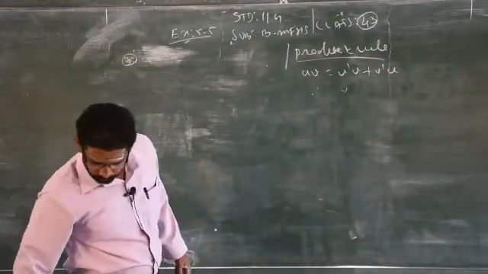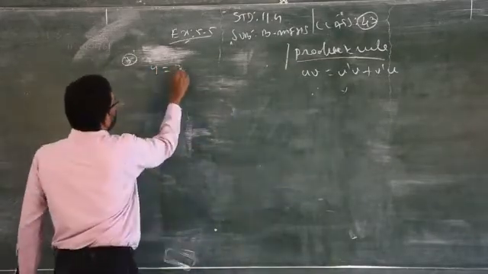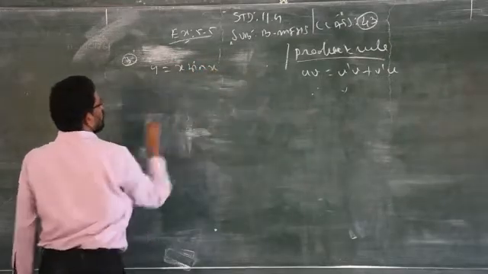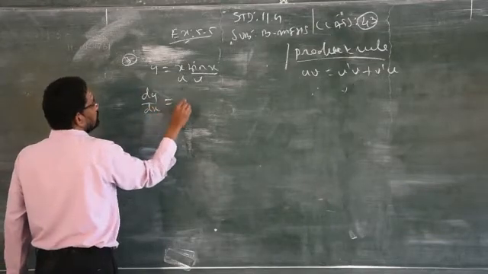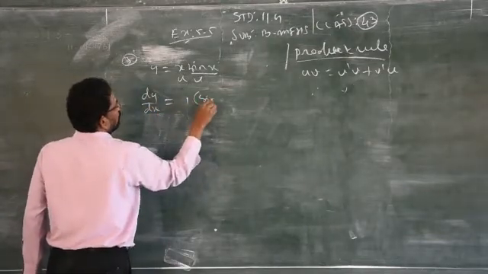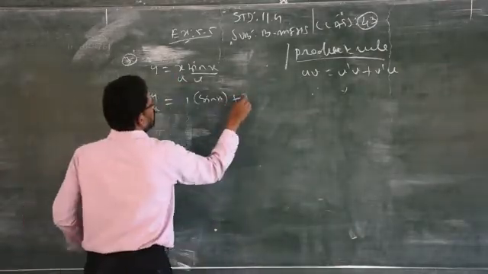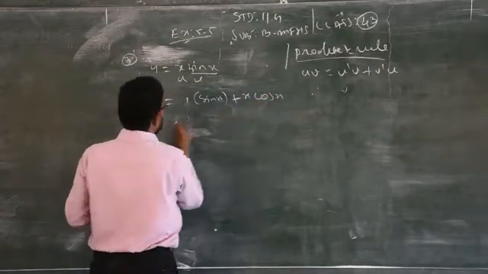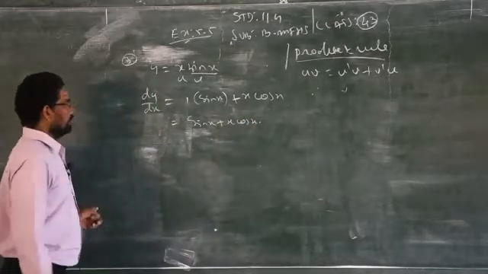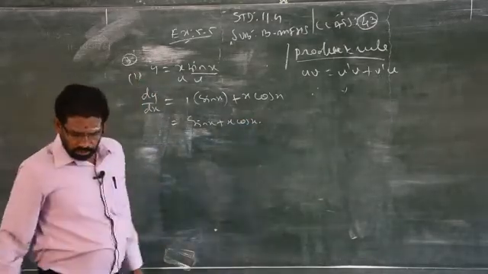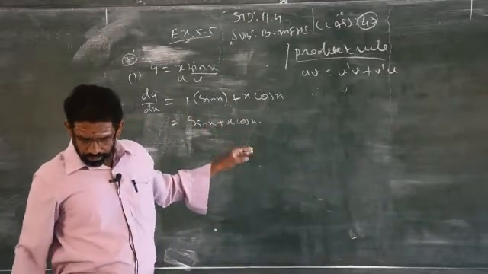Differentiate y. So, y is equal to x into sin x. Product rule, this is u and this is v. So, dy by dx is equal to: differentiate x, 1, keep sin x, then plus keep x, sin x will become cos x. So, sin x + x cos x, that is the answer. Clear? Then this is sum number 1.